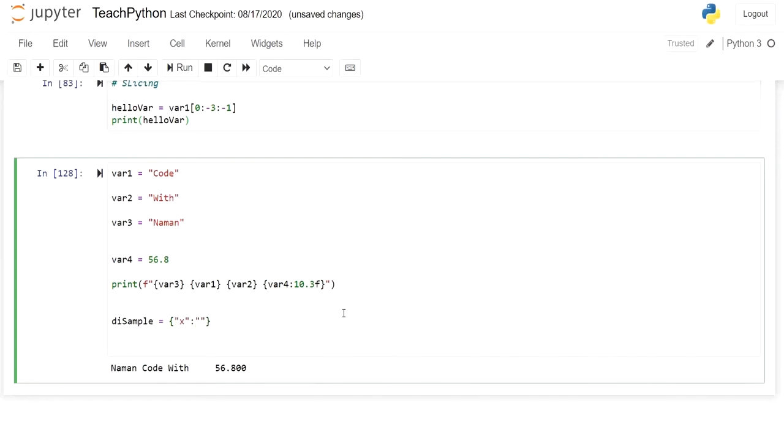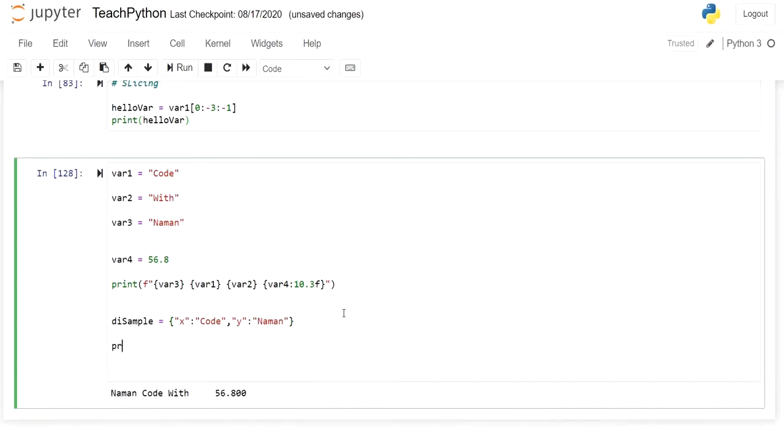So like here code, then we have another key here as num1. Then we will write print here, and we will use dot format_map and pass this di sample here, and just use two brackets.